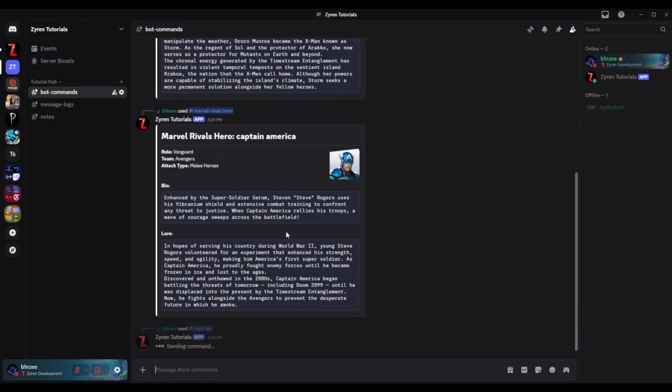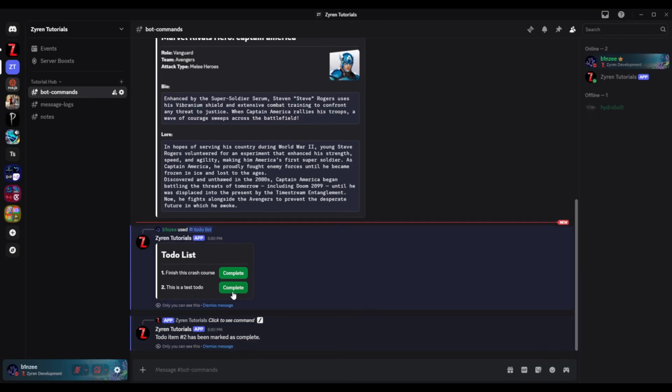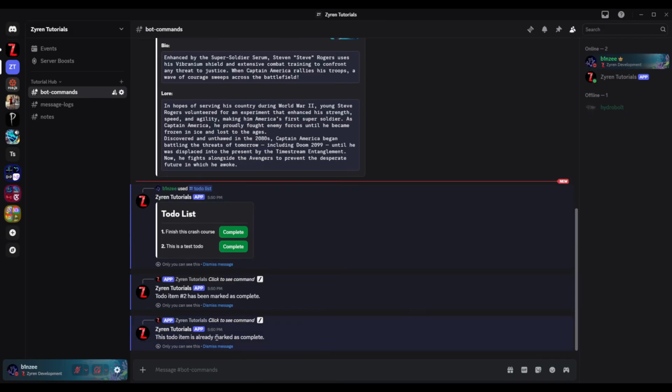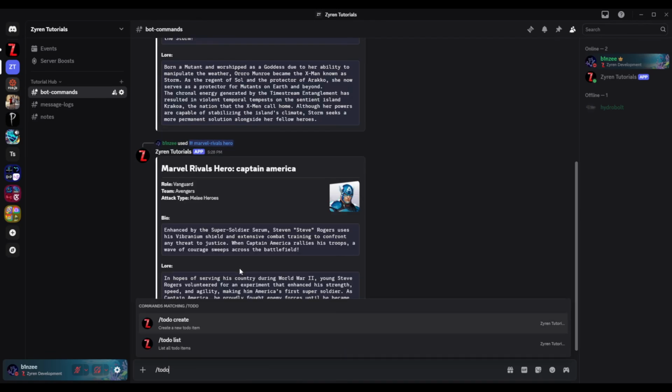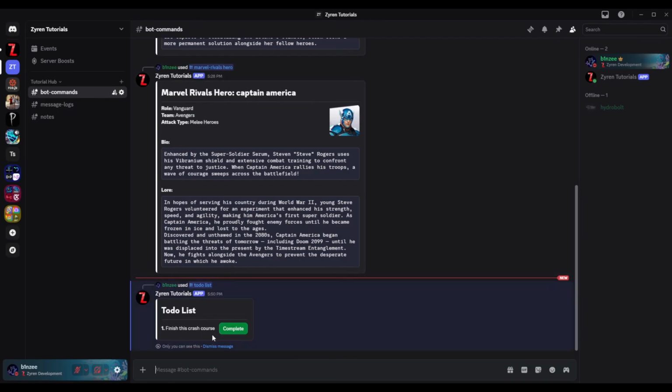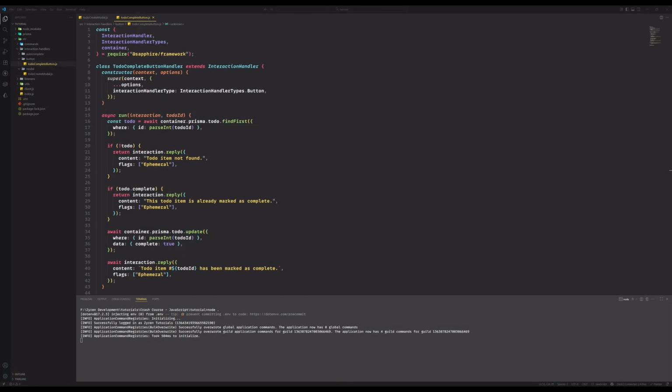And then we can run to-do list, and mark this test to-do as complete. Already marked as complete, so that's good. And if I run the to-do list again, it should only show finish the crash course, which we'll do at the end. So let's go back over to Visual Studio Code